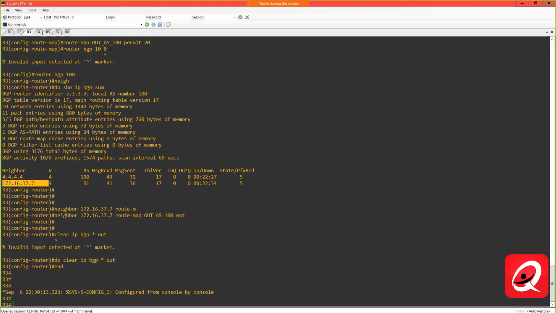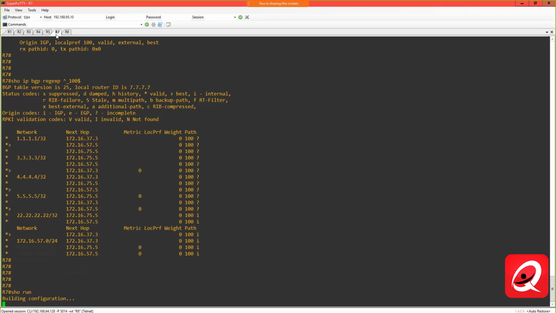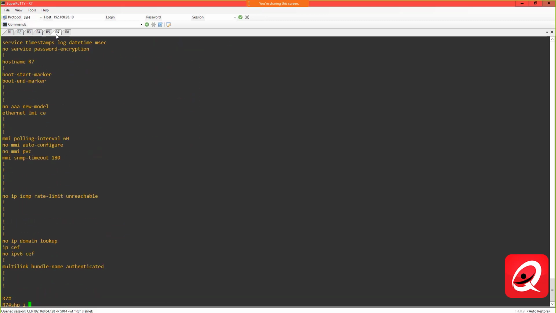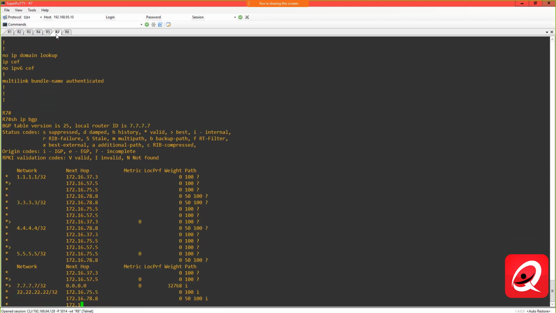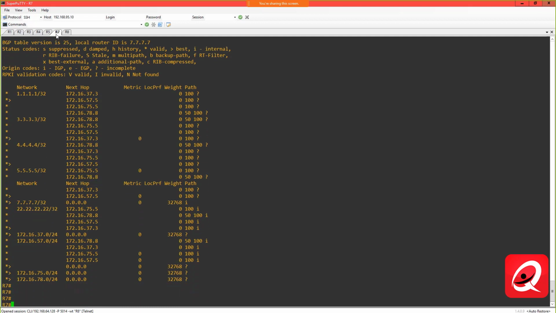Let me check something real quick. Oops, show run. What am I doing that for? Let me see if we're seeing this information in show IP BGP. Yeah, see, we're not seeing the prepending taking place for the prefixes that we're advertising to the peer. And that's because I did not create the appropriate access list. Remember, I referenced the